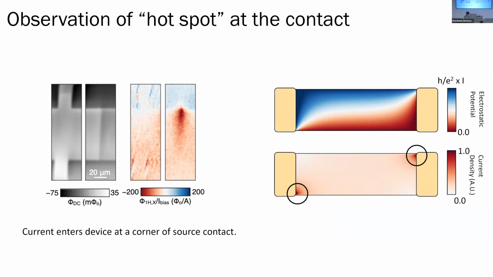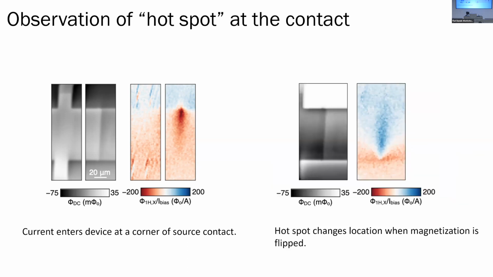So here's the DC magnetization that tells us where the line between the gold contact and the material is. And these are the flux images associated with the transport current. We really see a pile of flux right here, which means the current density is very concentrated in this hotspot. So we even observe this hotspot at the source contact. And if we flip the magnetization, this is taken at a slightly higher current so it gets a bit more fuzzy, we see the hotspot changes location when we flip the magnetization,